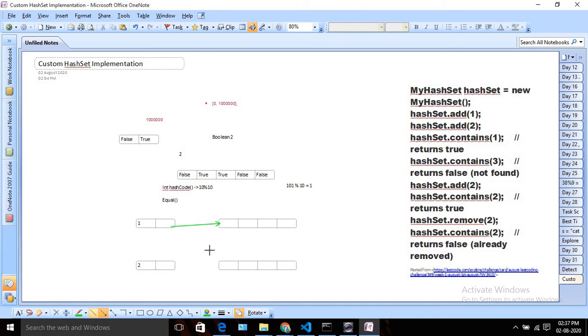So for a particular bucket, I am going to maintain a separate array, using which we can track the values. My number is 101. I take the remainder, which is the index, and say my remainder is 1, so I store it in 1's bucket. So I store 101 here. Suppose I have another number, 102. In this case my remainder is 2, so I put it in 2's bucket. Again, suppose I have a number like 711. In this case also my remainder is 1, so I put it in this bucket, right?